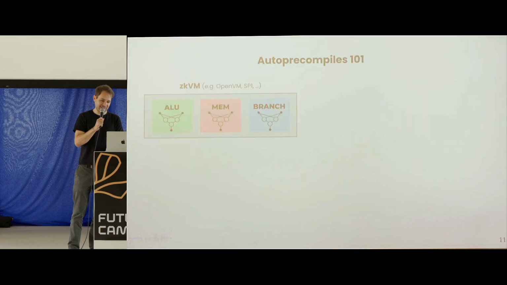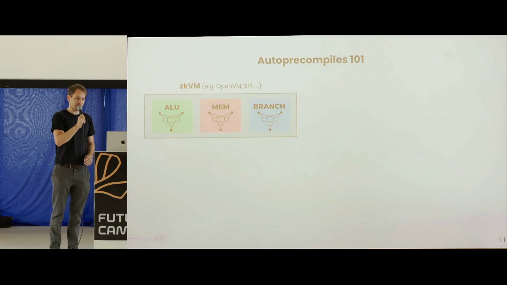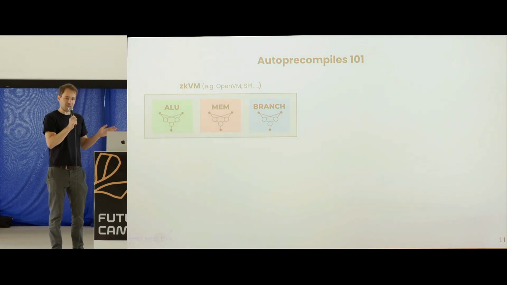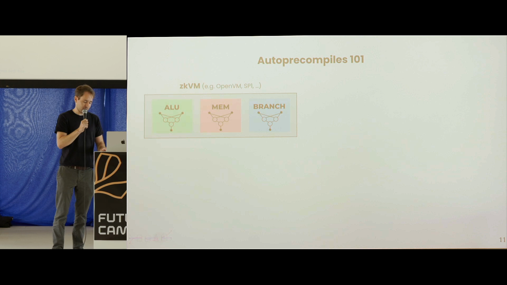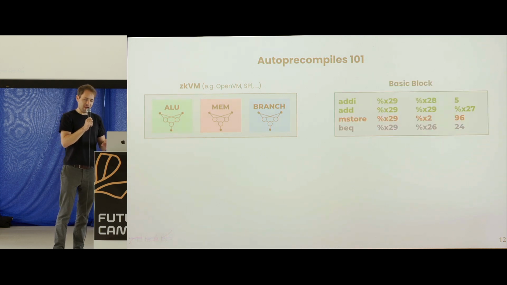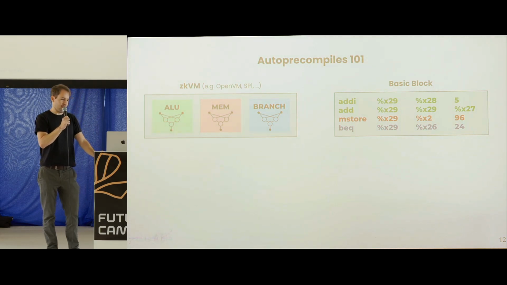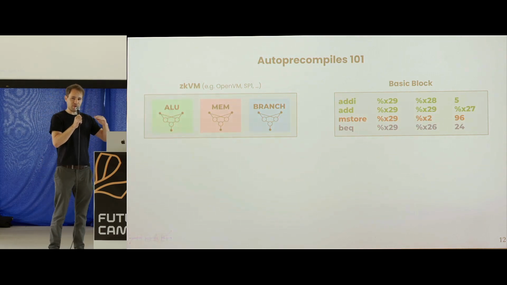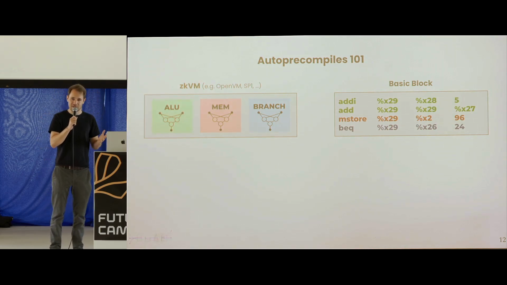So let's have a brief look into how this works under the hood. We start out with some zkVM, in this case OpenVM. And you can think of a zkVM as just a collection of zk circuits. For example, there could be one for each RISC-V instruction. And then we have a basic block. It could be the one that I just showed on the previous slide. It's just a list of consecutive instructions in the program, and only the last instruction can be a